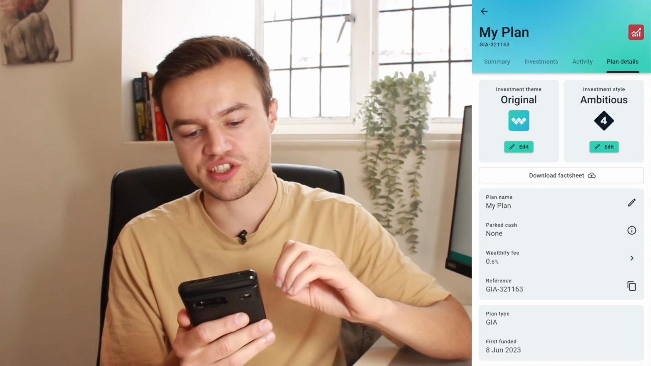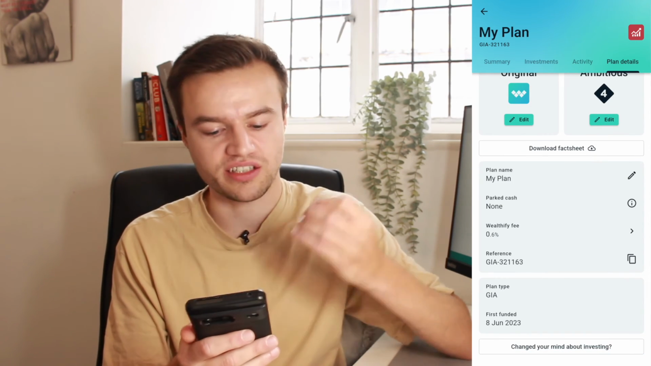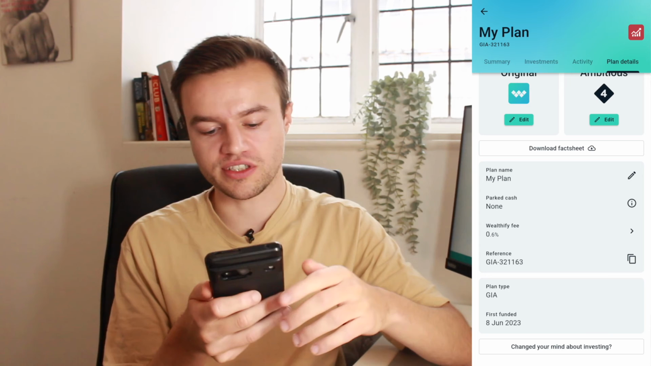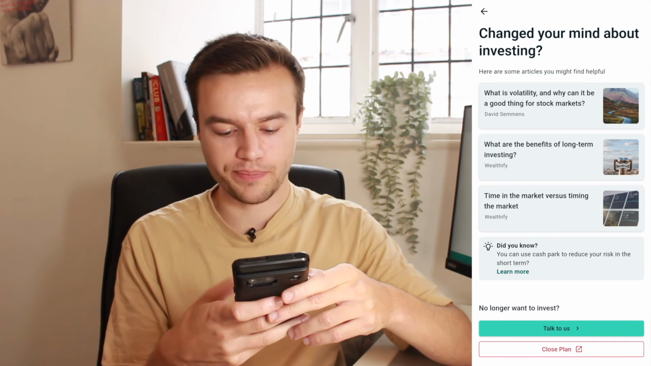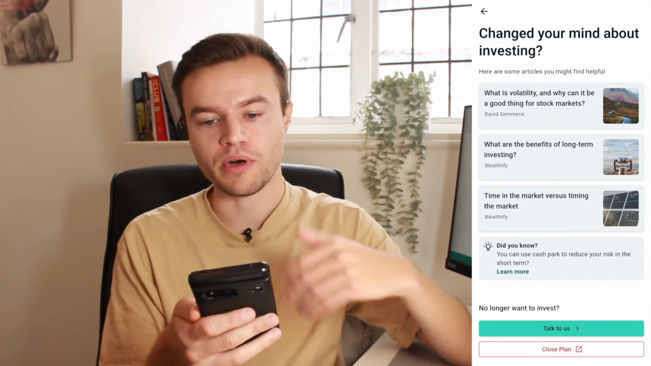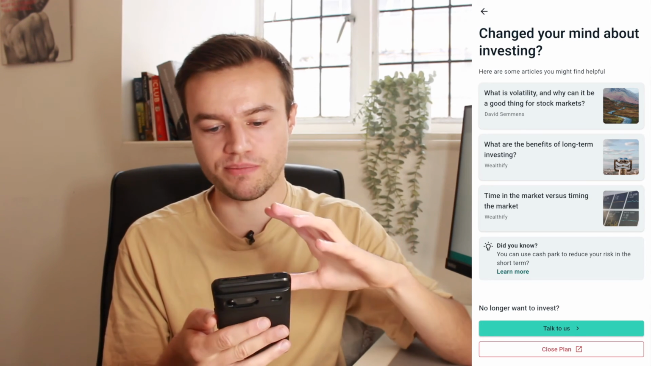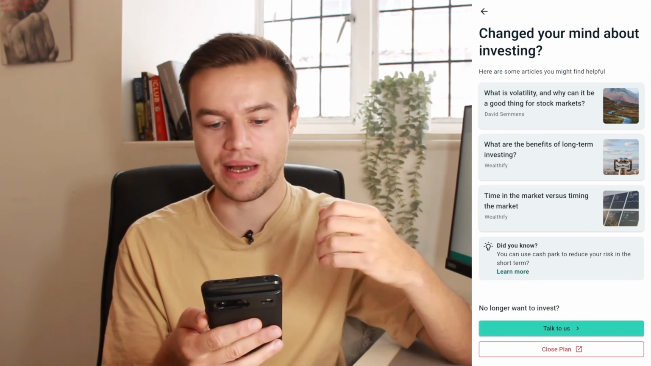Below that, you can also change your plan name, you can take a look at the fees, and at the bottom here, you can start a flow to close your account, and you can see if I click here, there's a button at the bottom to close plan, but above that, Wealthify is providing some information about volatility, about investing,